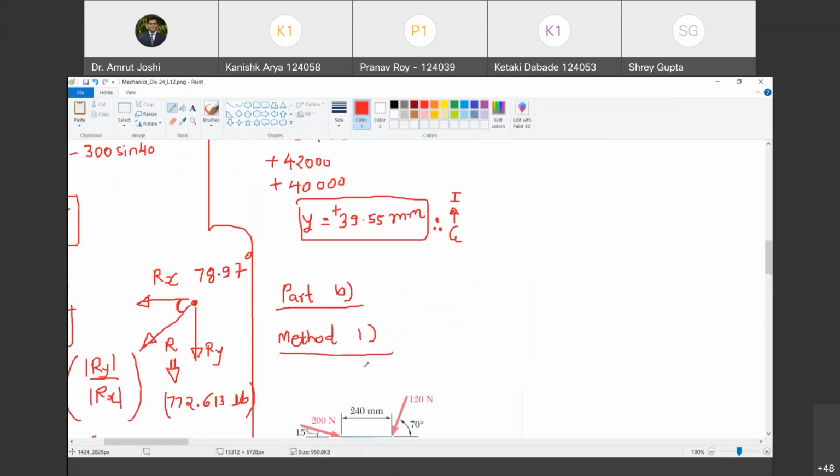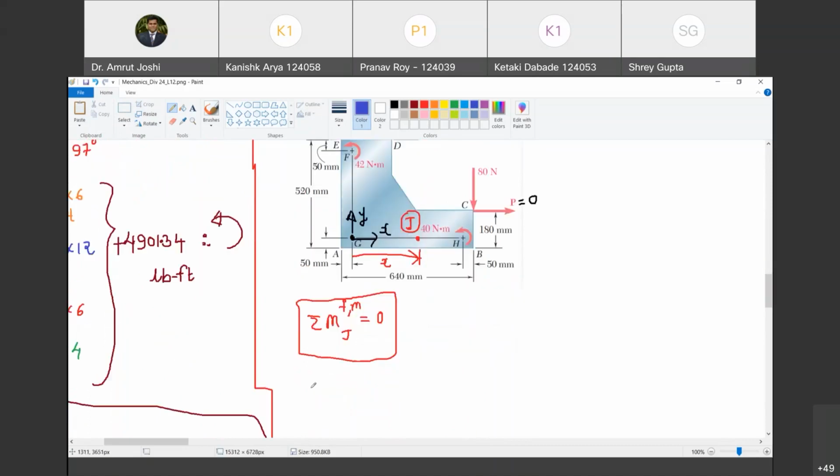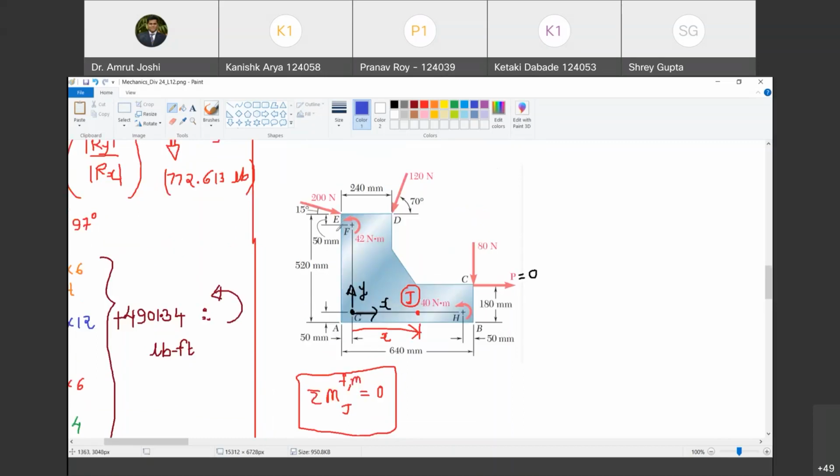So we are now going to write down moment of all the forces about J. And now we are going to follow a shorthand. I will not use any color code. We will do that in our minds and we will write down the moments. Chalo. So 200 cos 15. What kind of moment does it cause about J? Clockwise, sir. So what sign should I assign? Minus 200 cos 15. Happy? Yes, sir. And what is the distance I am interested in?